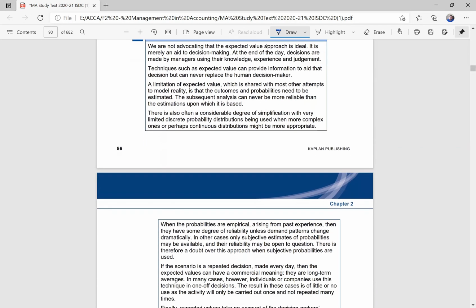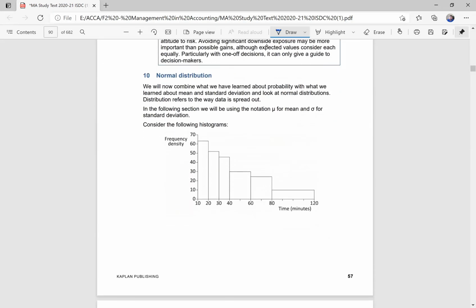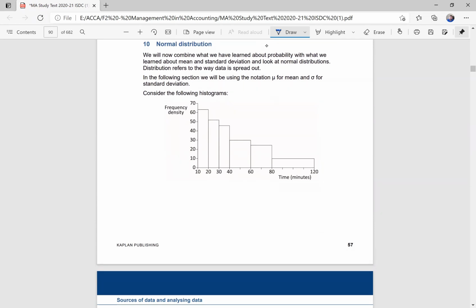Now, the limitation of expected value is that it is merely an assumption. Maybe some one-off events could occur and the scenario completely changes, or the probabilities themselves are basically computed on assumptions, right? So the assumptions might go wrong, or the probability might go wrong, because you can't be 100% sure about a scenario occurring. Now coming towards normal distribution, which will be recorded in part 3 of this video.